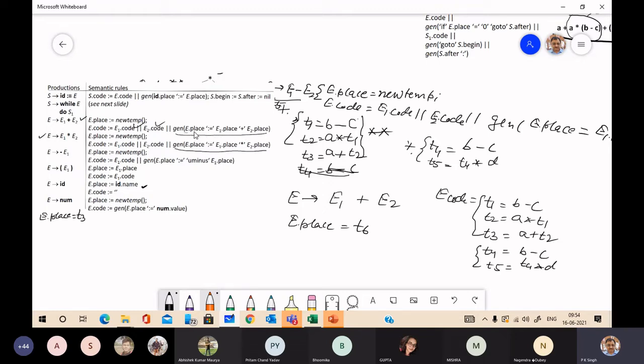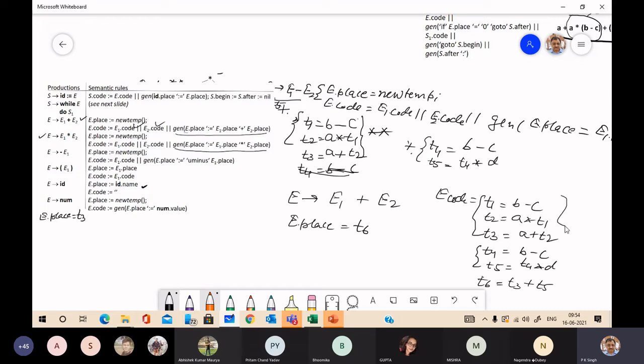For this three address statement, E.place you have computed as T6. So here it will be T6. Then for the equal sign, E1.place is T3, and E2.place is T5.